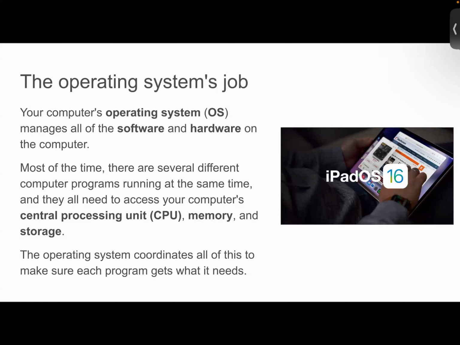It coordinates all of this to make sure each program gets what it needs. Some applications may need more memory, more storage, and occupy more space, but some applications are smaller. It's the operating system's job to make sure that everything you're doing on the computer is within its needs. So we don't have to worry about that.